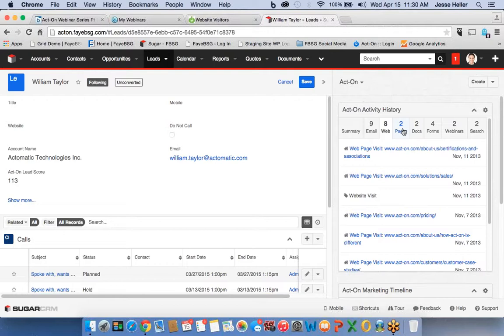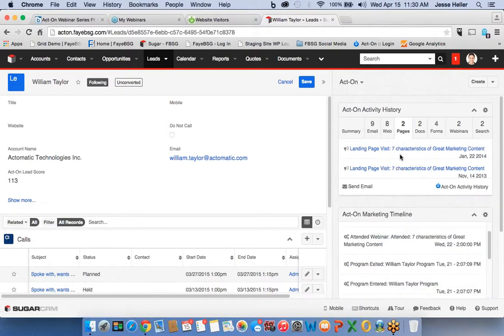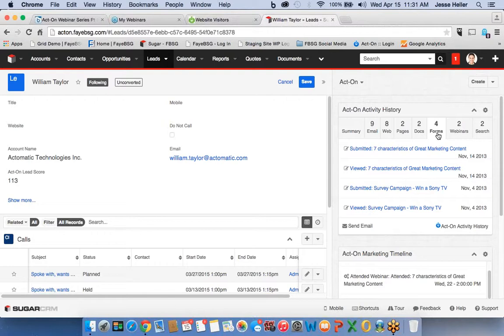A little bit further into the activity history, here are landing pages that William has visited, and any documents that he's checked out. This is one of the keys: the forms. If you're hiding content behind multiple forms, you'll see which forms he filled out. And what's also cool, you can set an alert. You'll get an instant email that says, William Taylor just submitted a form to download 7 Characteristics of Great